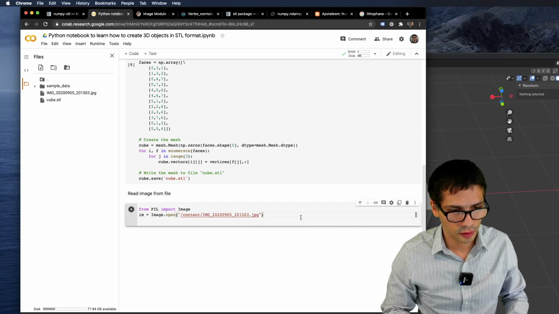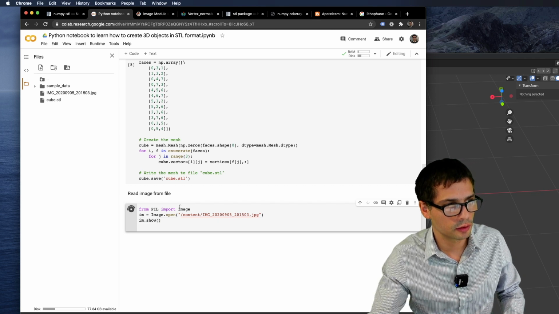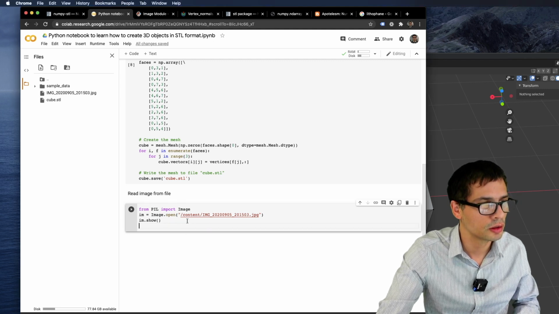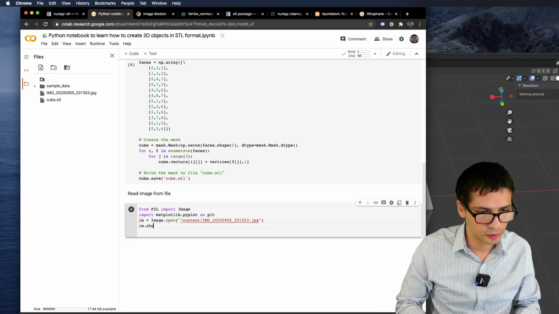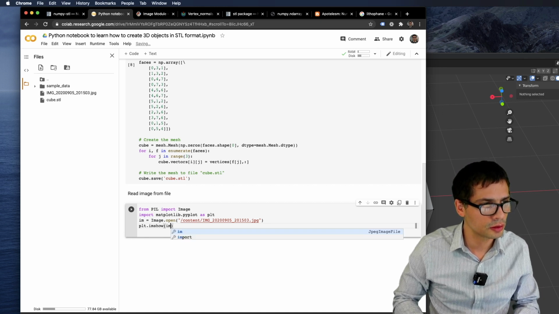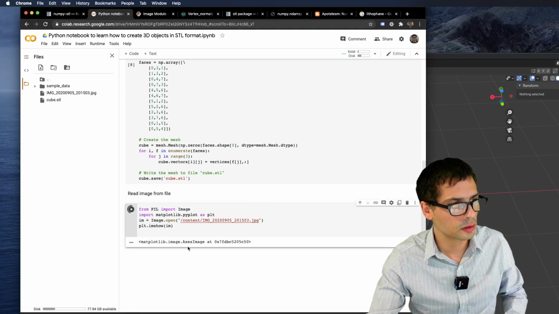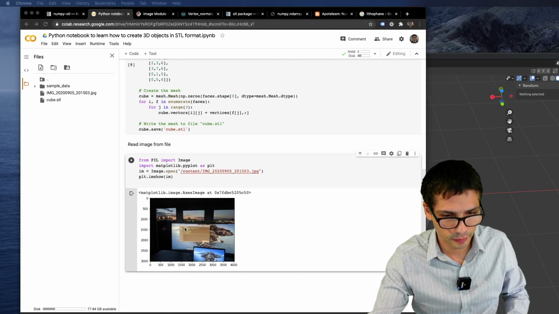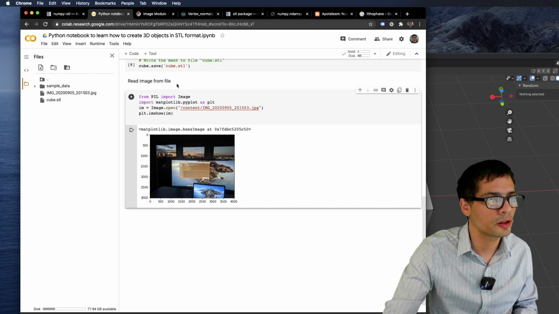Yeah, and then I'm going to use Matplotlib to print the image so we can see the image itself. Okay, so we can see the image and display it.